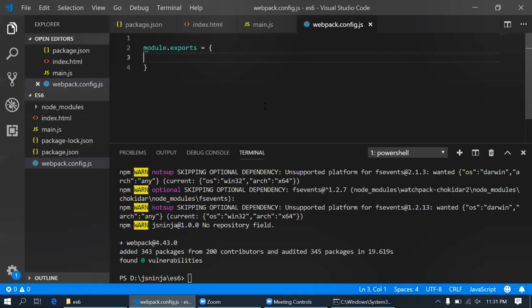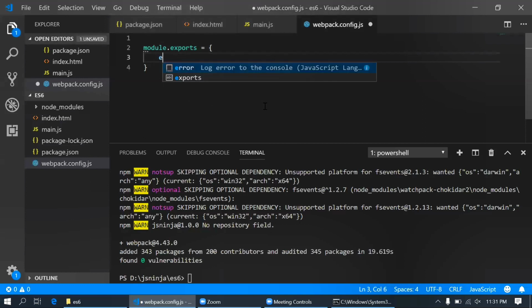Here inside module.exports, we will write all the files related to main.js. We are going to convert from ES6 to ES5.